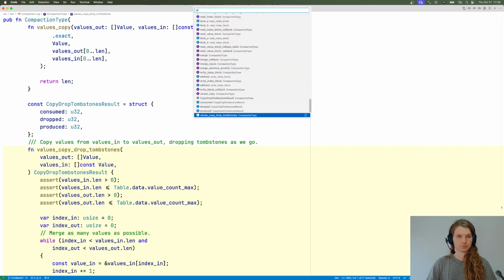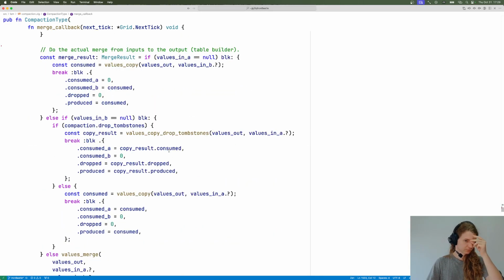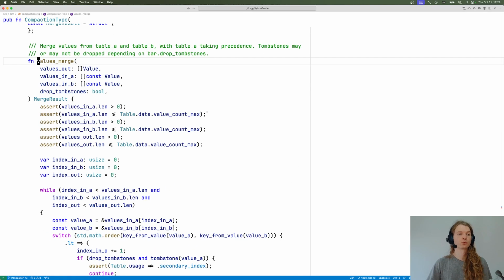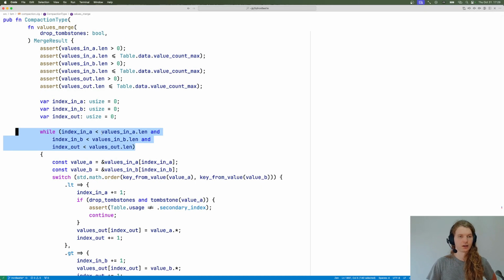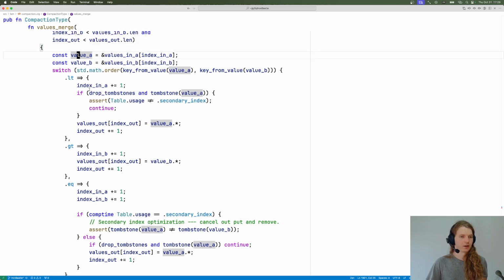Okay, let's go back to our merge callback. Okay, and now finally, the interesting results. Values merge. So fully general thing. We have an output slice, we have 2 input slices, and we might or might not drop tombstones. Okay, similarly, we iterate while we have all 3 slices not exhausted. We fetch the values, we compare the values. If it is